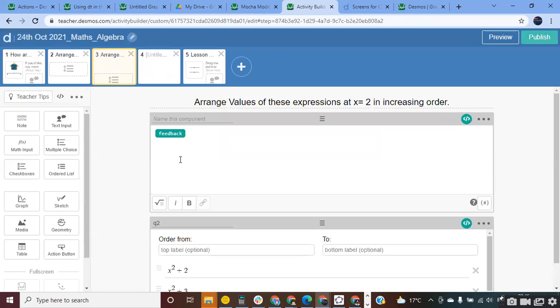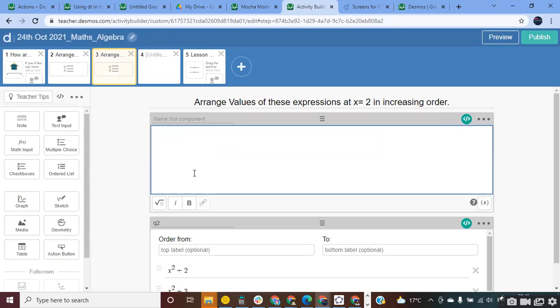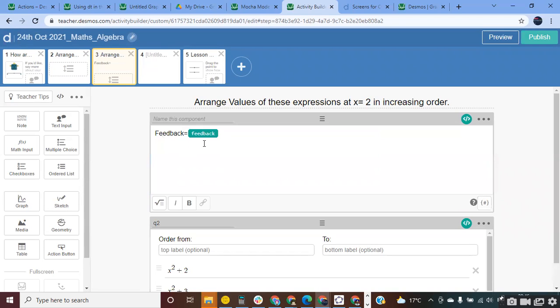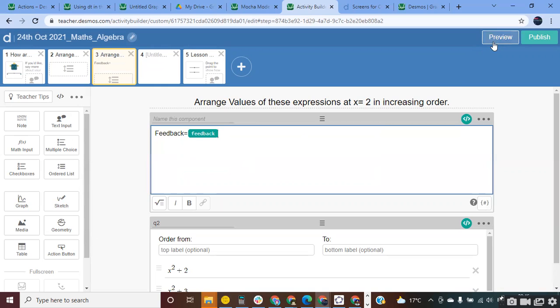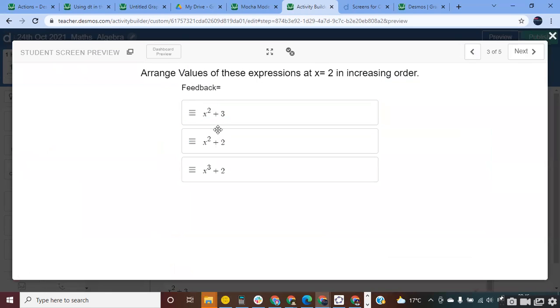Okay, sorry. How I have added that part. Now in the note component, I'm just writing here feedback equals, click on this hashtag here, insert a value from the computation layer. And there is only one we have created already, feedback. Just click on this. So the message will appear like this. Look, because we haven't answered this.